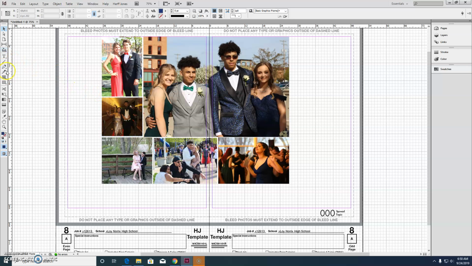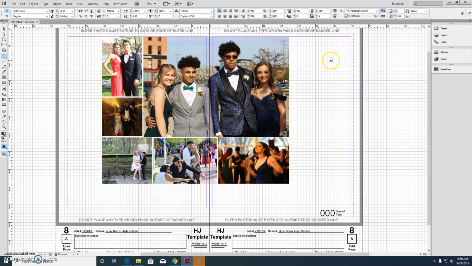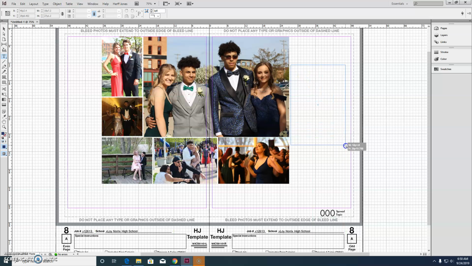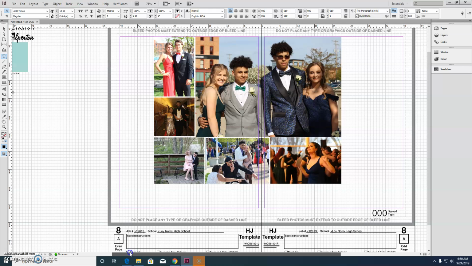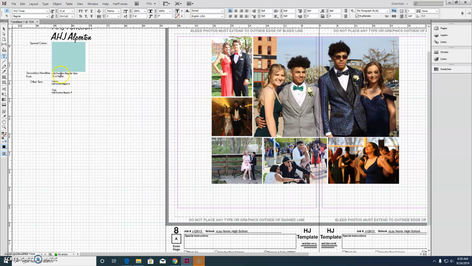So we're going to go over here to our toolbar, and you're going to click on the type tool here, which is a T. And we're going to create a text box. I want to put my main story package here because that's my biggest open space. So I'm just going to create a text box of around the size I want it to be right here. And it'll have the cursor there. I can then change my font. And to figure out what font I want to use, if you go over here, Michaela created this nice guide for you